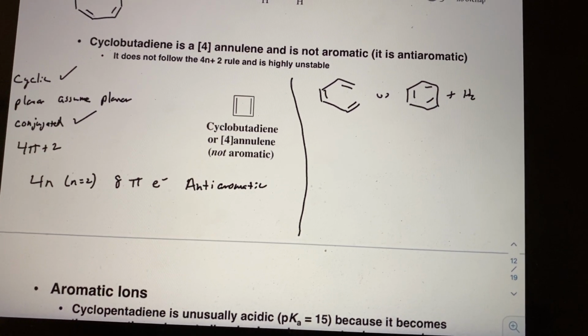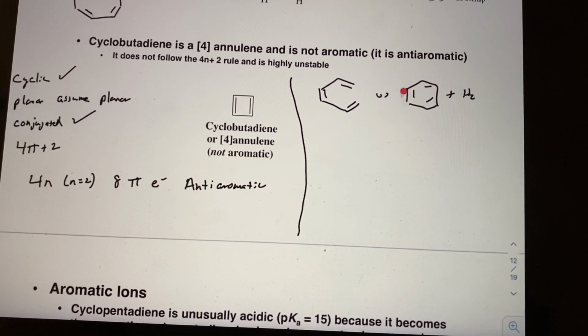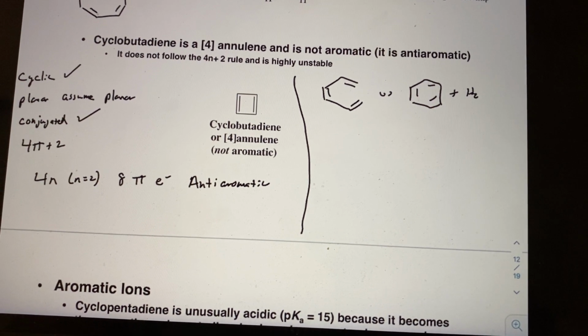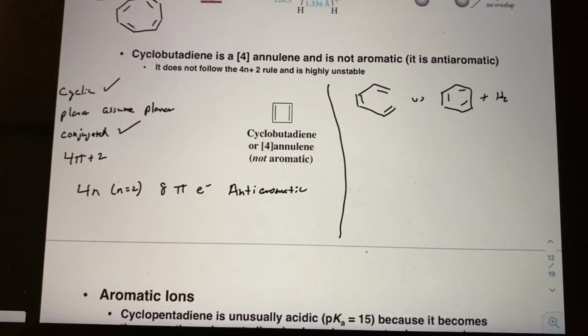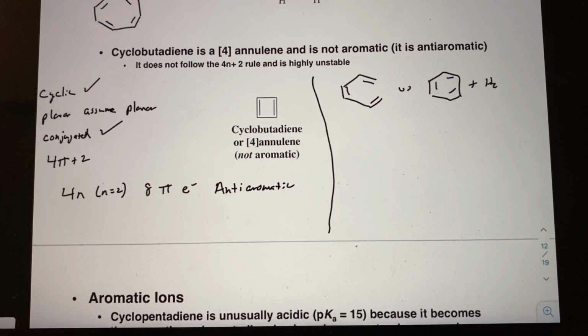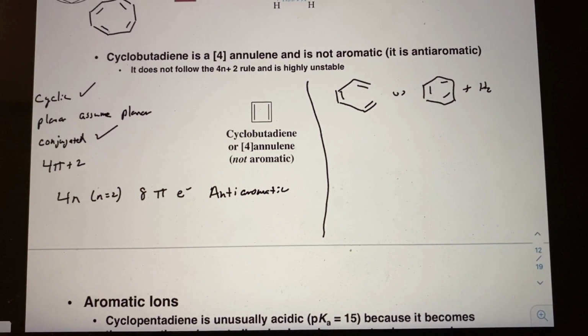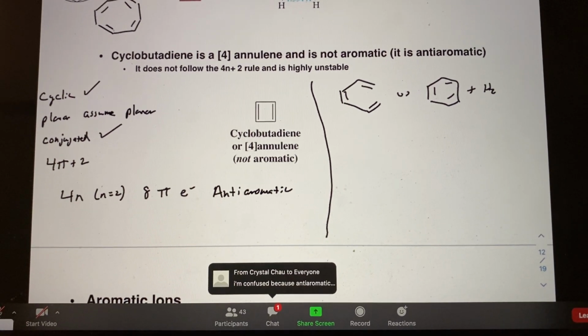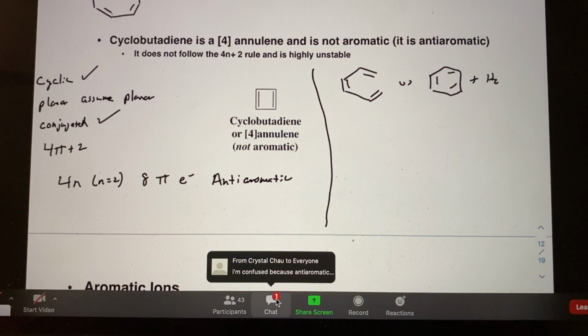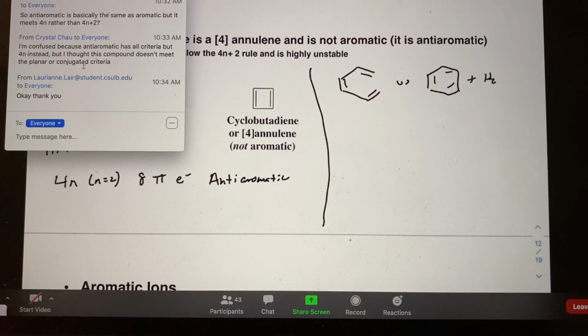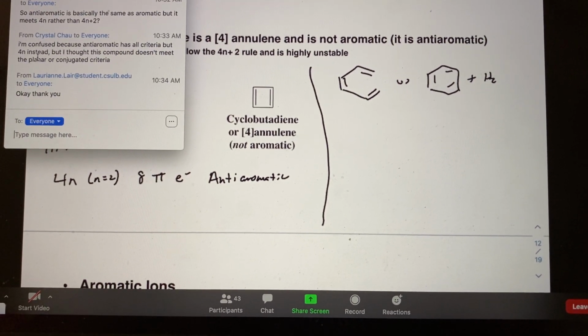And you look and see, this meets all the criteria, and is this more stable than this one? Or is it less stable? That would give you the definition of aromatic versus anti-aromatic. But for our purposes now, we're going to take this stepwise approach shown here on the left as well. Okay, and so then Crystal asked,